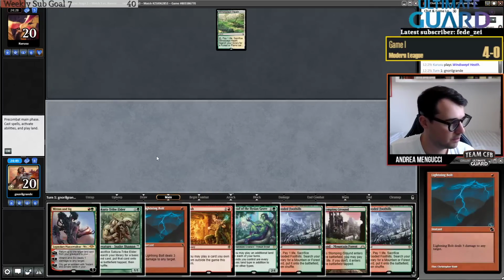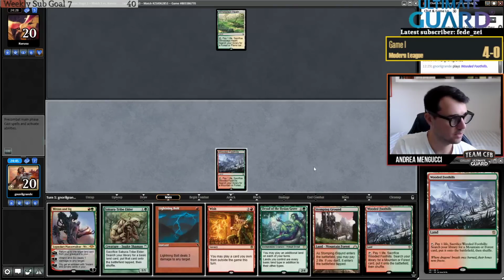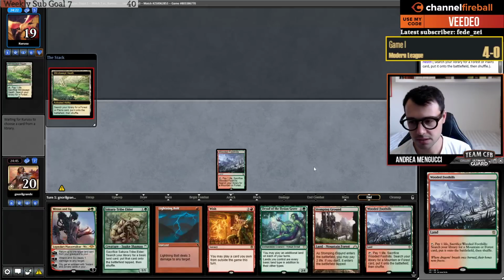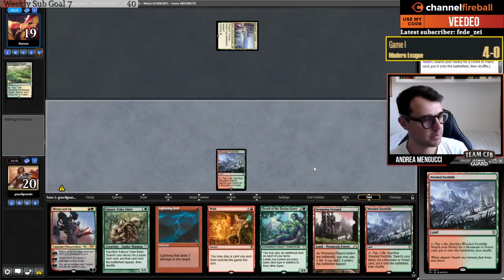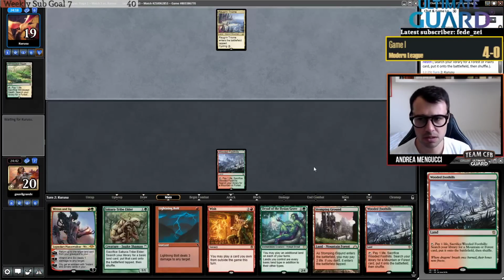Do I want to leave Bolt up? Maybe, yeah. Maybe they don't. They aren't 4-color, but like a Stoneforge Mystic deck. What are the reasons Lamentos is such a good matchup? They have very slow clock, and you...